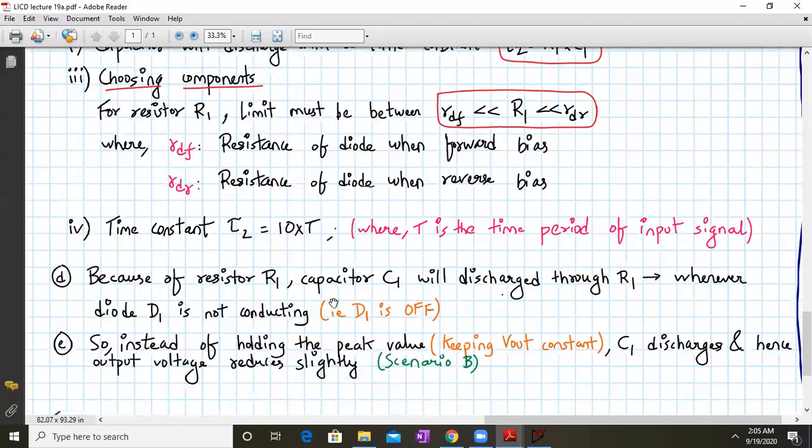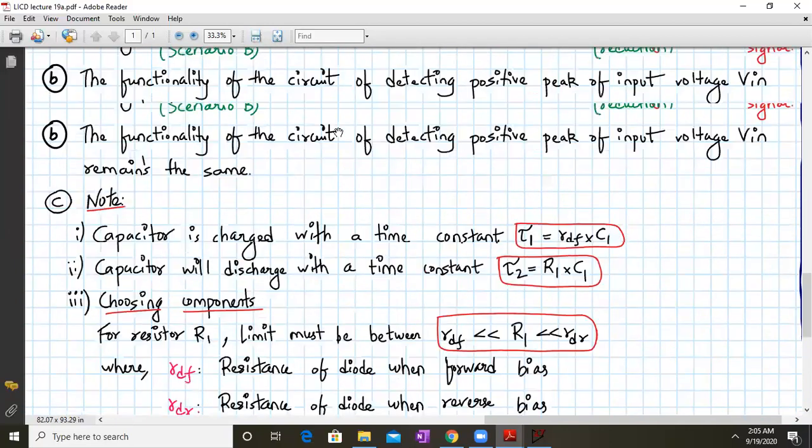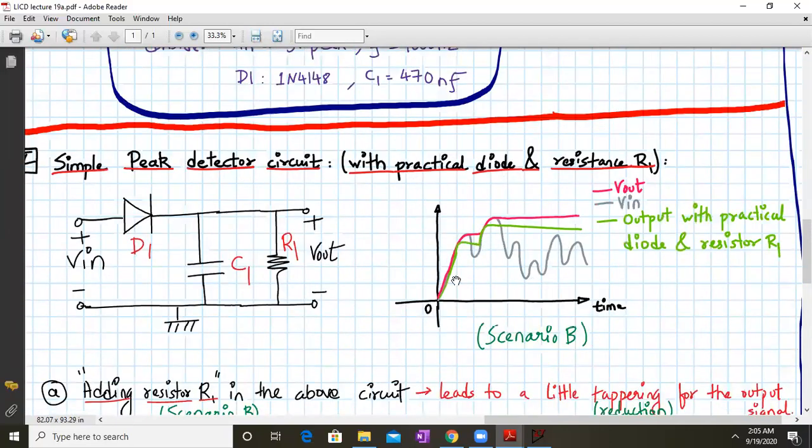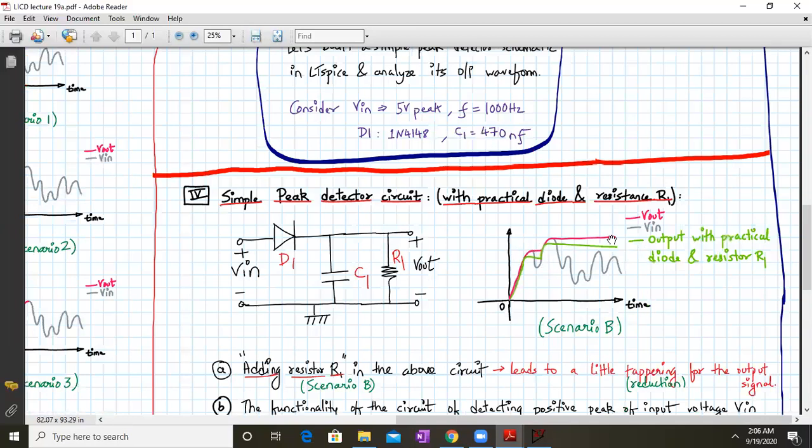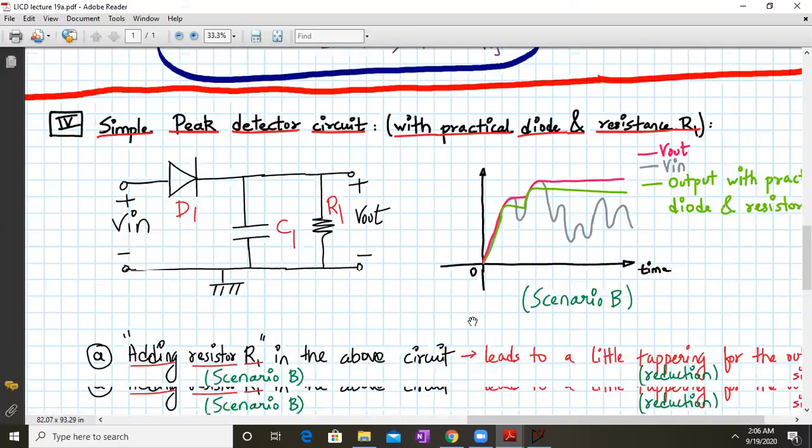So basically, this is the requirement that the discharging time constant tau should be 10 times more than the period. Here this signal is not periodic, but still we can define a certain period. What we are saying is the discharging time constant should be at least 10 times greater than that period, so that it will take a long time to discharge. And this curve over here will be almost flat. I hope that you have understood why this bending is taking place.